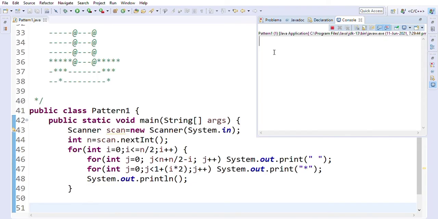Okay, let's enter 5. Yeah, let's again check it for 3.